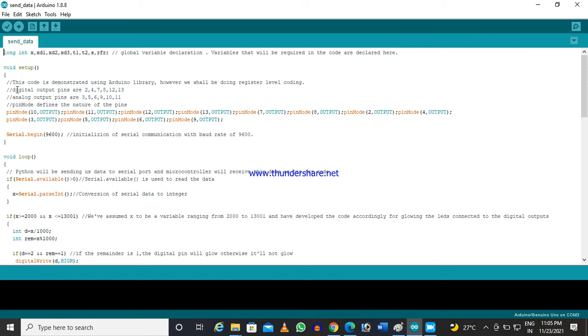So this is the code. See, it's a very simple code. First I will keep that code on screen for some time, so that the people who will be using it can copy it. This is the first portion of the code. You can pause here and write the code, and I have given the explanation of each and every line by commenting it, so you can easily understand it.